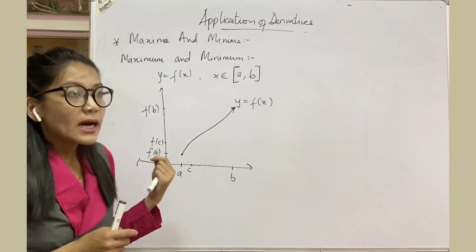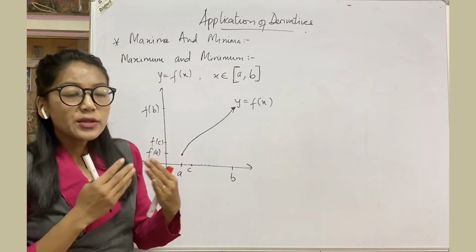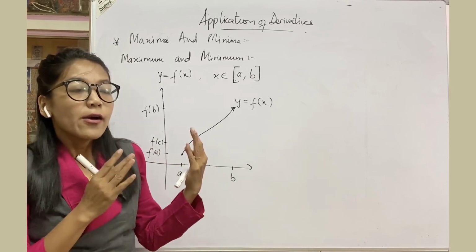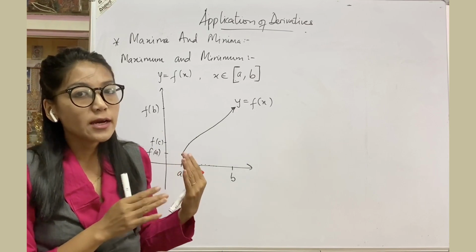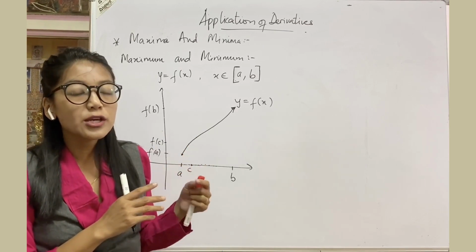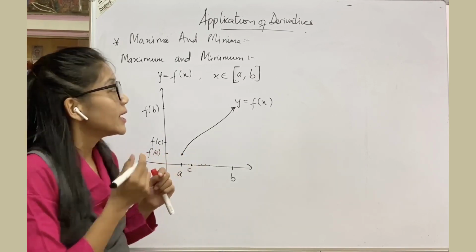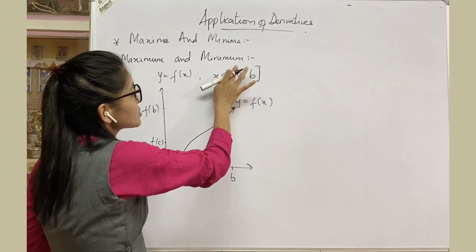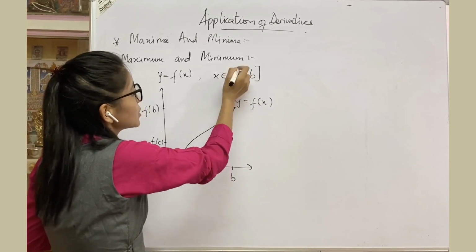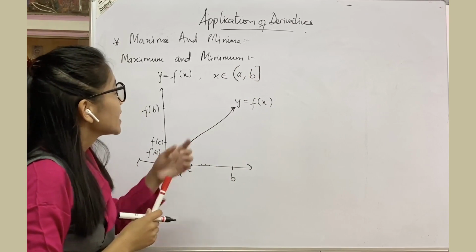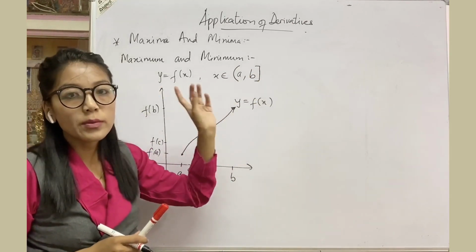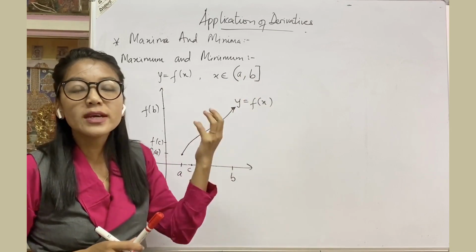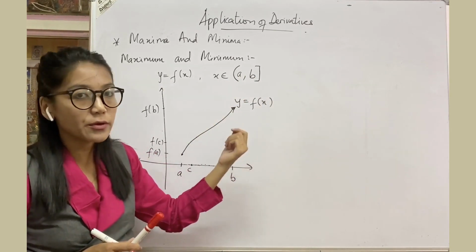Now can you think in the other way? For a function, is it always possible that the function will get a maximum and a minimum value? We'll try to go in that way. What happens if I change the interval into this interval? Now I consider the interval open a and closed b. You know the meaning of this interval: a is to be excluded and b is to be included.